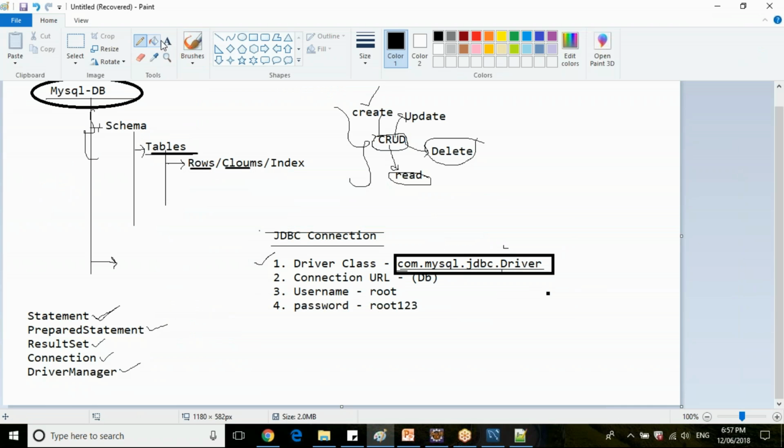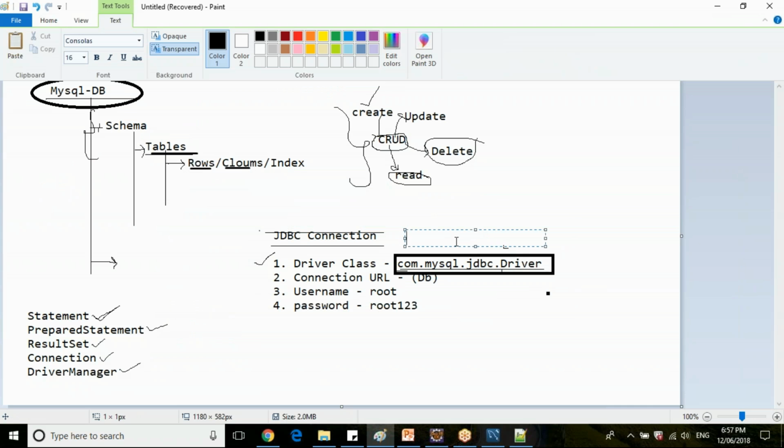If it is Oracle, your Oracle class will be something like jdbc.odbc dot some driver. I don't exactly remember this one. So this is the key for your Oracle driver, and for your MySQL driver, this is the key.